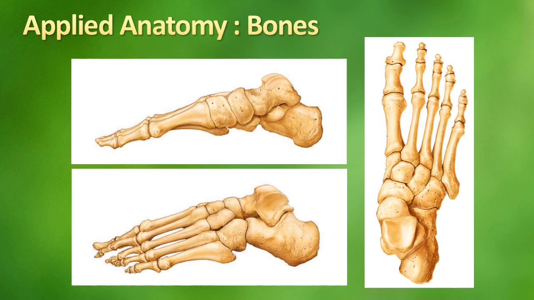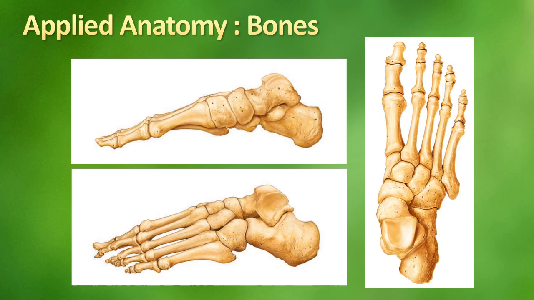And if you look at the antero-posterior projection, that is the third diagram, you can see how the talus is articulating with the navicular in front and the calcaneum is articulating with the cuboid in front, and in turn this navicular is articulating with the three cuneiforms, and these cuneiforms and the cuboid all together are articulating with the metatarsals, and thereafter the phalanges are there.